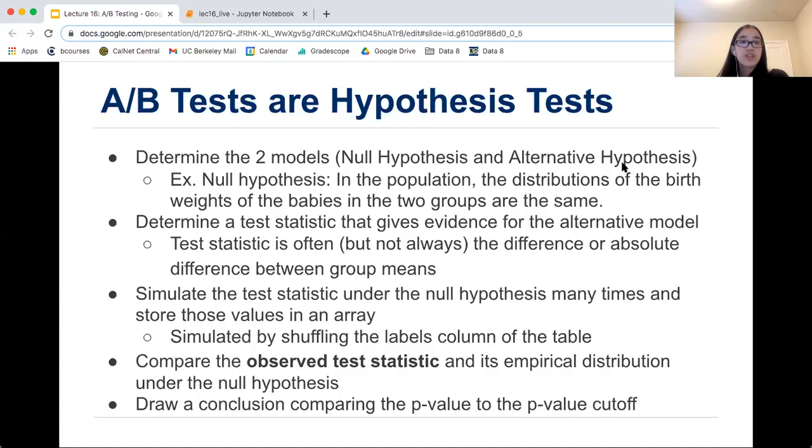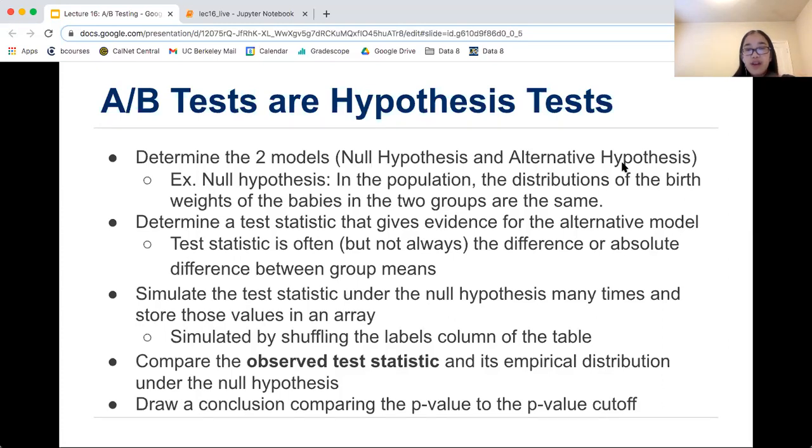Then our next step is to simulate the test statistic under the null hypothesis many times and store those values in an array. Again, that's the same. We are still simulating the test statistic under the null hypothesis. The only difference is that when we're simulating, we simulate by shuffling the labels of the column of the table. And then the last few steps are the same. We're comparing the observed test statistic and its empirical distribution under the null hypothesis.